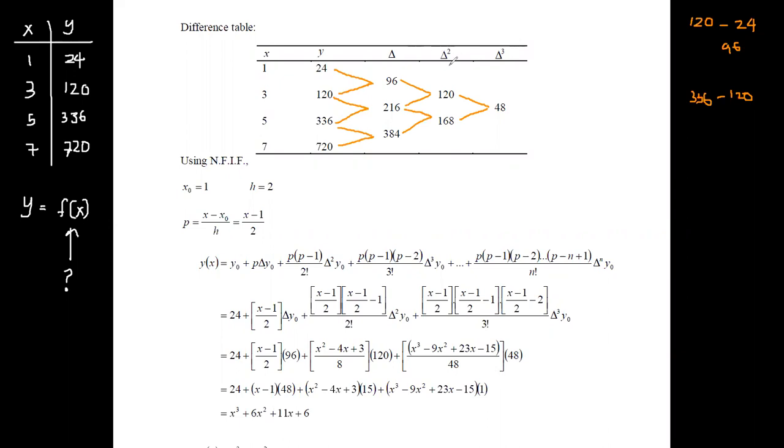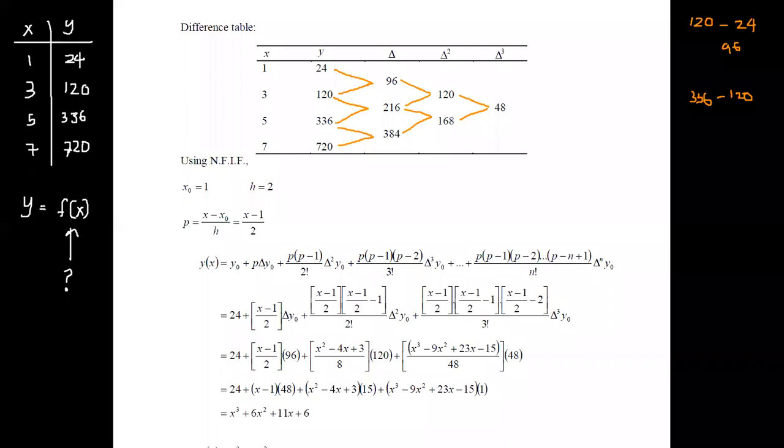Here, these are not square terms. What we have used here are just symbols: delta is for the first difference, delta 2 is for the second difference, and delta 3 is for the third difference. This is how you obtain the differencing table. Now, you can terminate the calculation since you have obtained a single point for the difference.